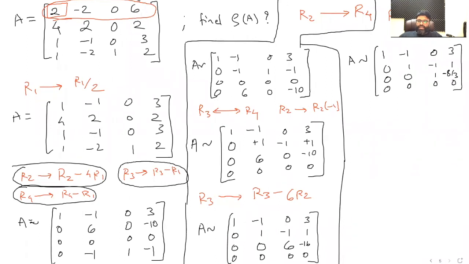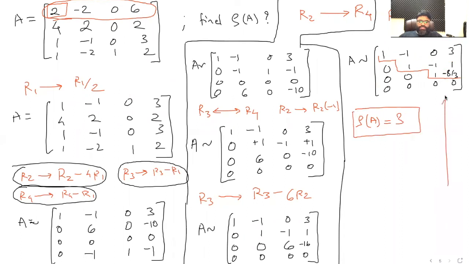Nice. And we got that step form. Do you see? This is called the echelon form. There you go. And now the reason why we were solving is to find rank, right? So what is the rank of A here? Rank of A is the number of non-zero rows. The first row is non-zero. Second row is also non-zero. Third row is also non-zero. So there are 3 non-zero rows, and that's why rank of A is equal to 3.